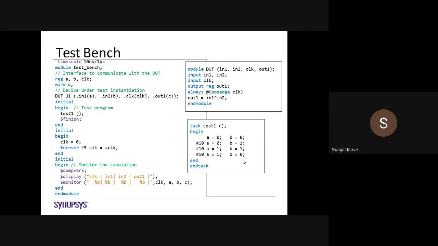So we will have an example. Timescale 10 nanosecond per 1 picosecond. That's the name, the test bench module. Then register and wire. In a test bench, wire is used.